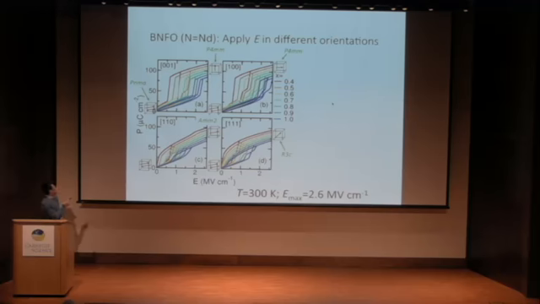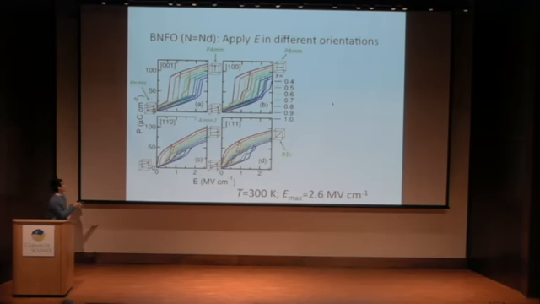So we choose the composition of BNFO such that the antiferroelectric PMA phase is the ground state. And in this phase, the antipolar vector is along the 110 direction. We studied 4 different orientations of the electric field. First, for field along the 001 direction, there is a first-order transition from the antiferro PMA phase to the tetragonal P4MM phase, and the polarization is along the 0, 0, 1 direction.